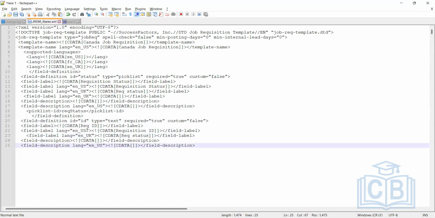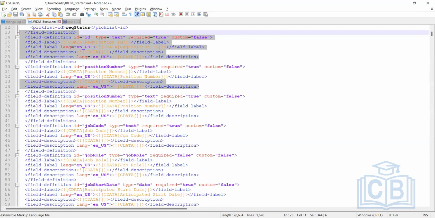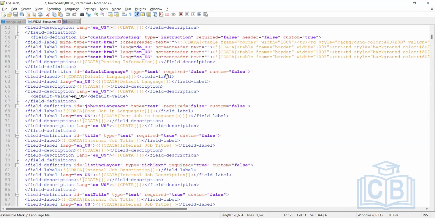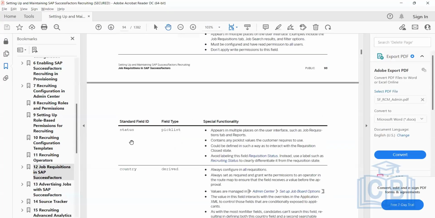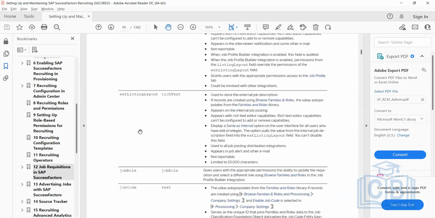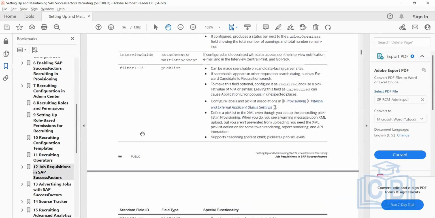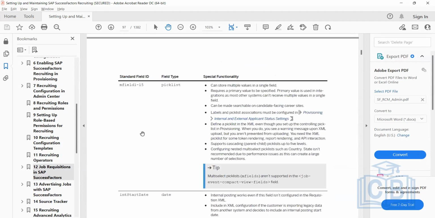So similarly we go. This is how we do it. Okay, these are just standard fields. If I see it: ID, status, country, title, external title, listing word, job, position number, field value,